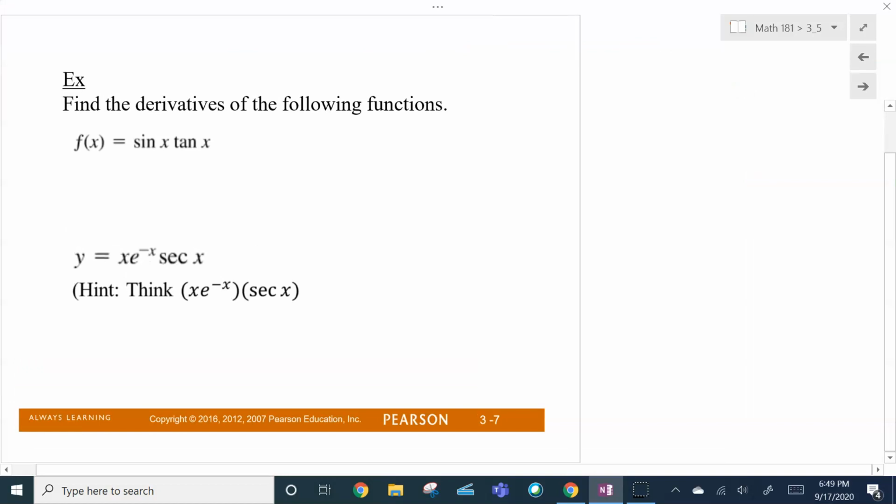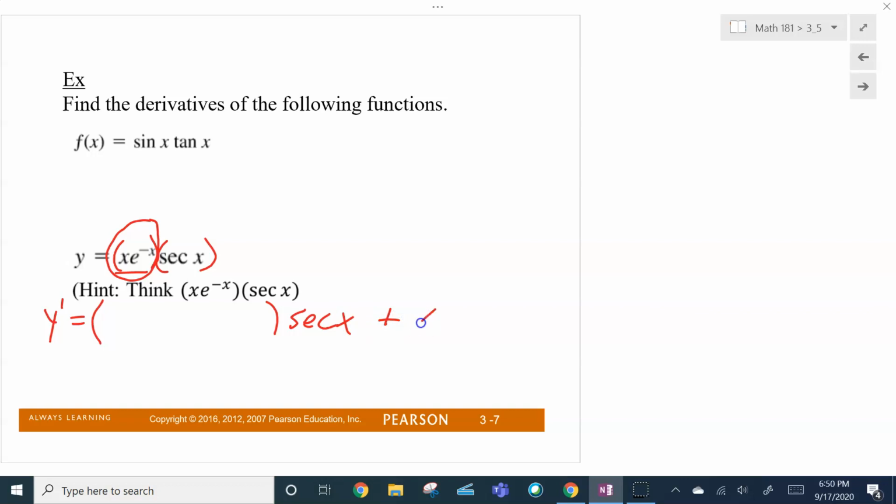All right, so I'm going to think about this as I've got that times that. Now, I know that there's also a product in here, but that's how I'm thinking about this. So first I'm going to say the derivative is derivative of the first. That's this one. Now, when I take the derivative of the first, I got to run the product rule. So this is going to be kind of long. So I got to take that derivative times the second